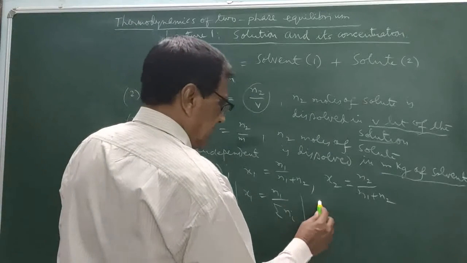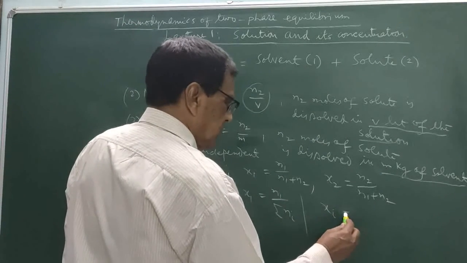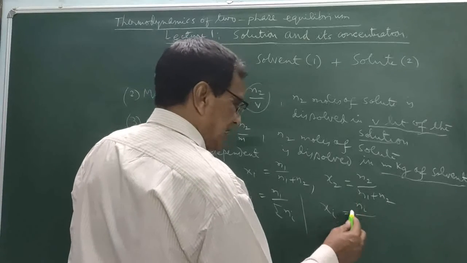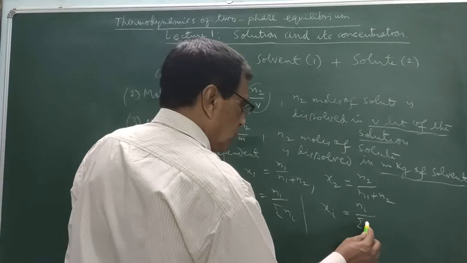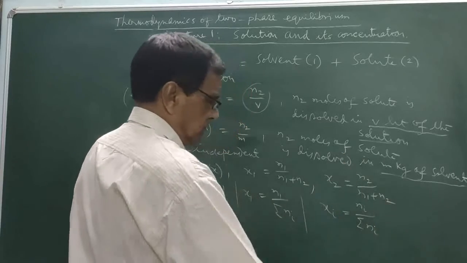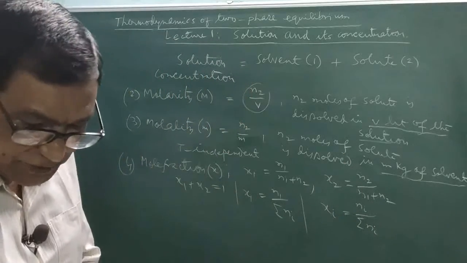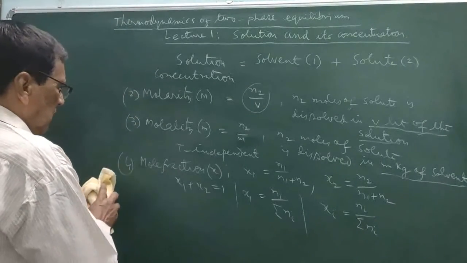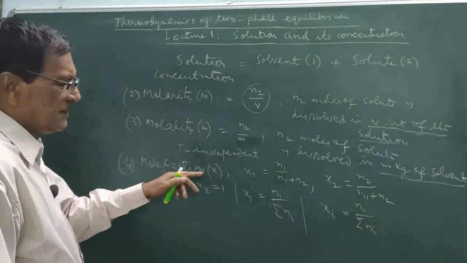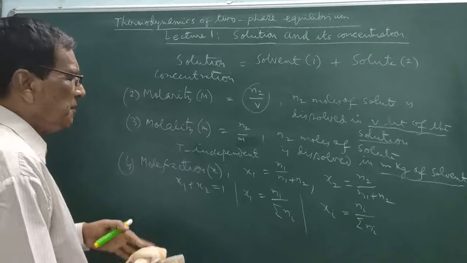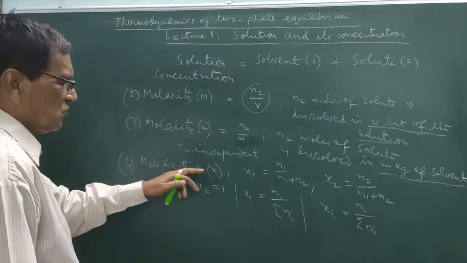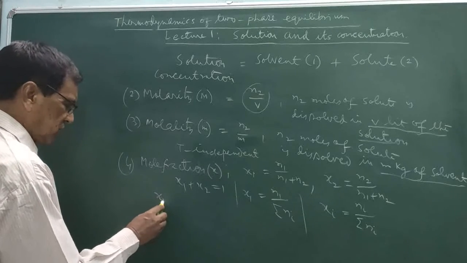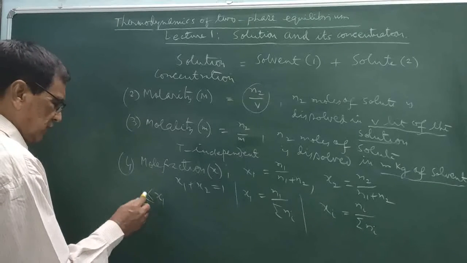Or better, xi, the mole fraction of the ith component, is equal to Ni, the mole number of the ith component, divided by the total number of moles present in the solution. Mole fraction is also temperature independent, and the range of x1 is suppose 0